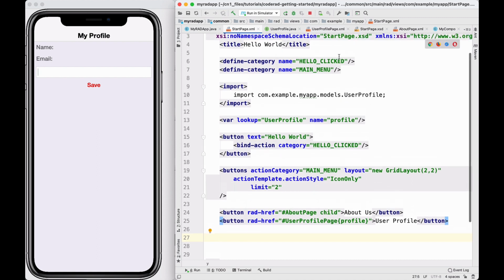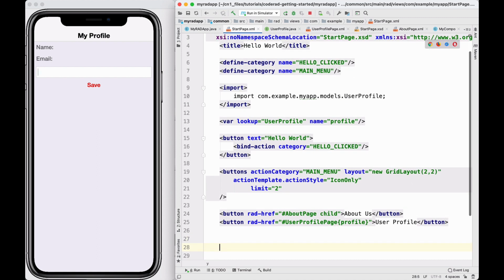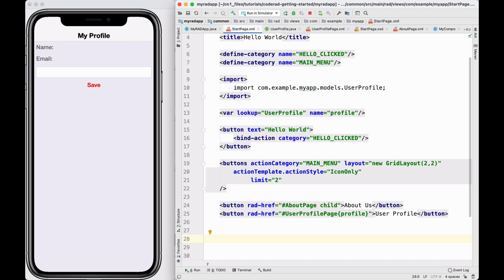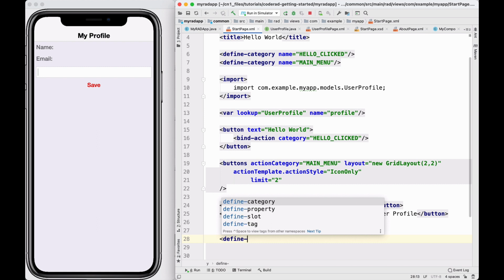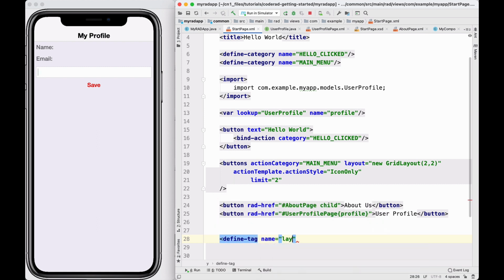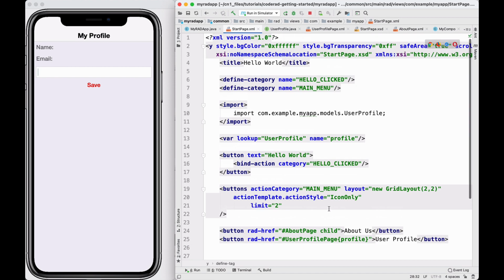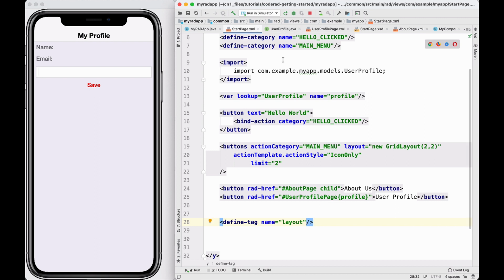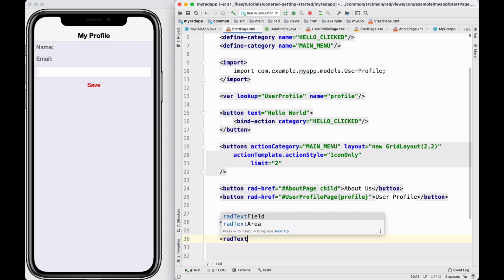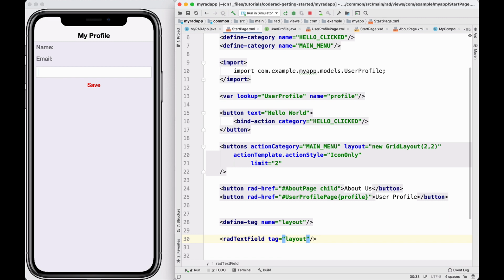So I'm going to return to the start page here, and I'll create a few new things. First of all, I'm going to define a tag called layout that we're going to use in our model. So this is going to implicitly create a property on the view model for the start page. This is actually a little bit of new information, but we're going to start with that, and then I'm going to bind to this a text field that binds to the layout,